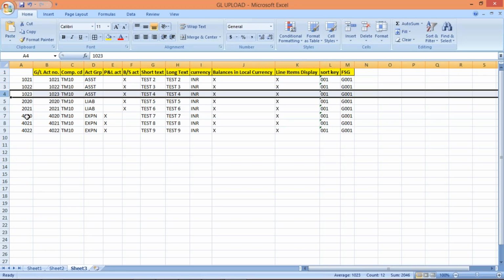For those 4 GLs you can create manually, or rectify the files and upload a second time. But generally, if there are 2, 3 or 4 GLs, people will create them manually, because otherwise we'll have to find out where the problem was and why these 4 GLs were not uploaded, taking an additional half an hour to find the problem. The remaining GLs got created. If 3 or 4 GLs are not created, it's a matter of 5 minutes, we can create them manually. So this is how we have to